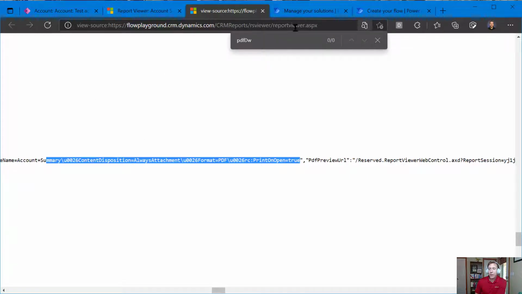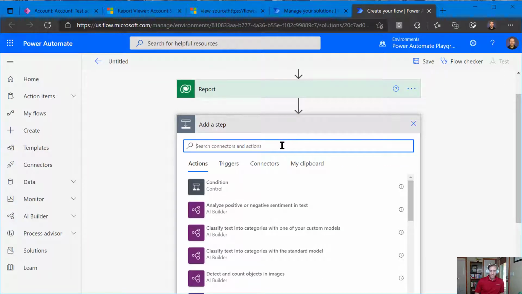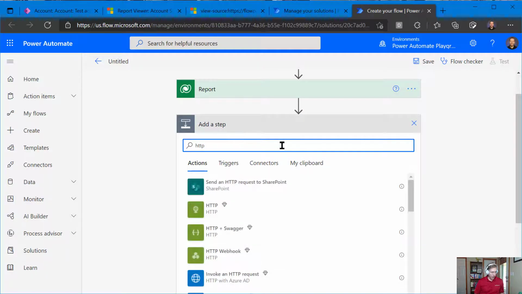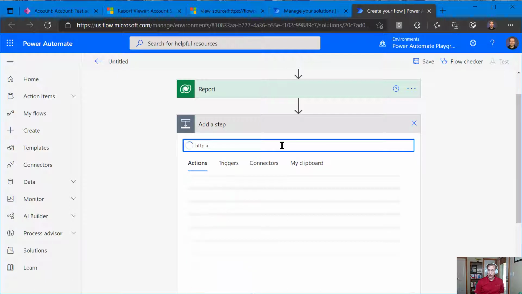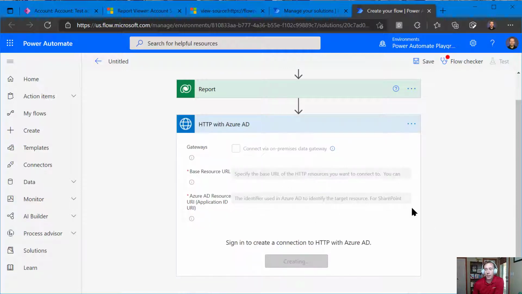So the very first step, we need to load this page. So let's go back to our flow, and we're going to do that. So from here, we're going to do HTTP, and Microsoft, in their infinite wisdom, has created this HTTP with Azure Active Directory, which basically means, hey, we can use this guy and we can send authenticated requests and we can make that connection part of our flow, so we don't have to embed hard code things like